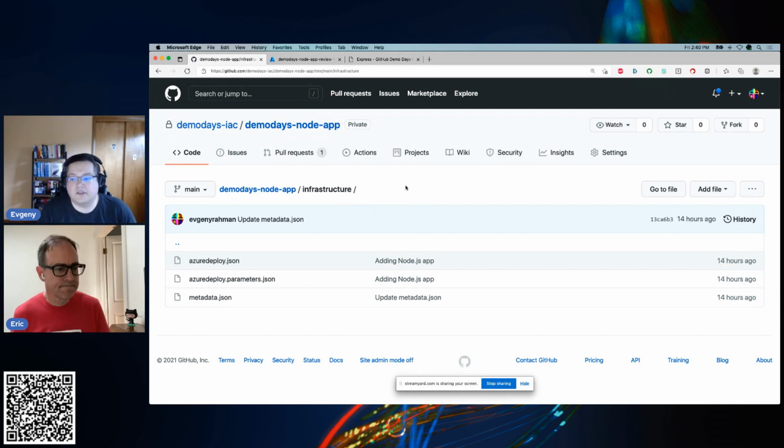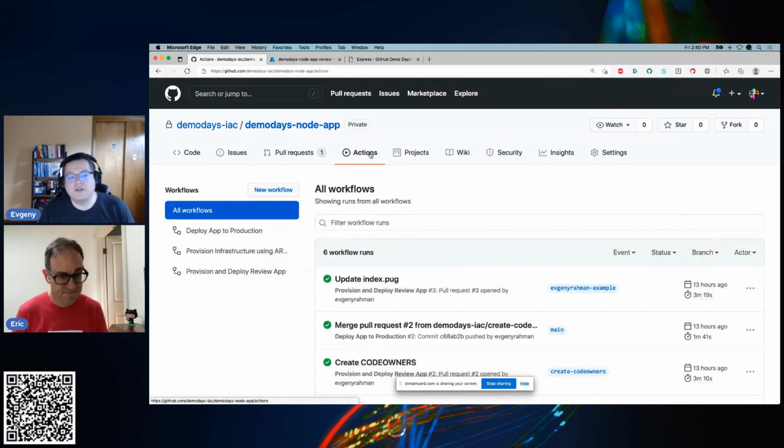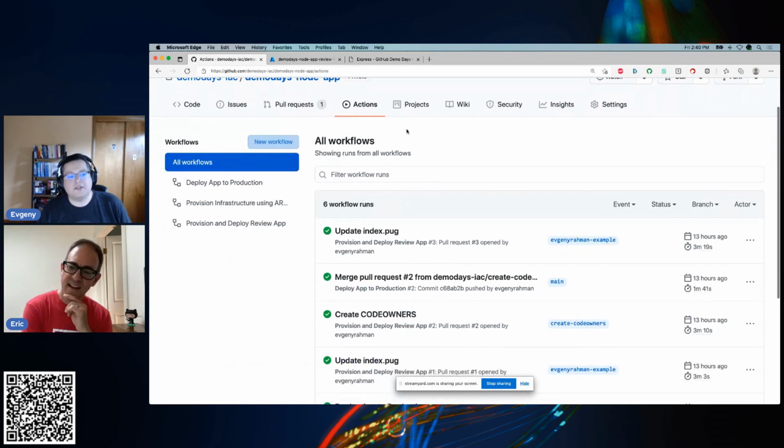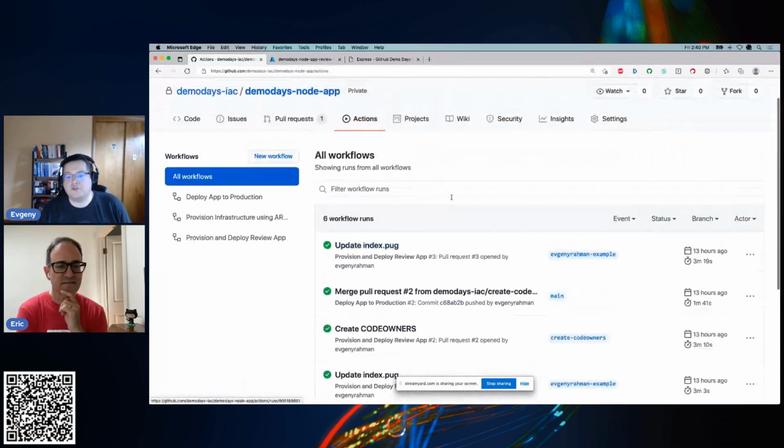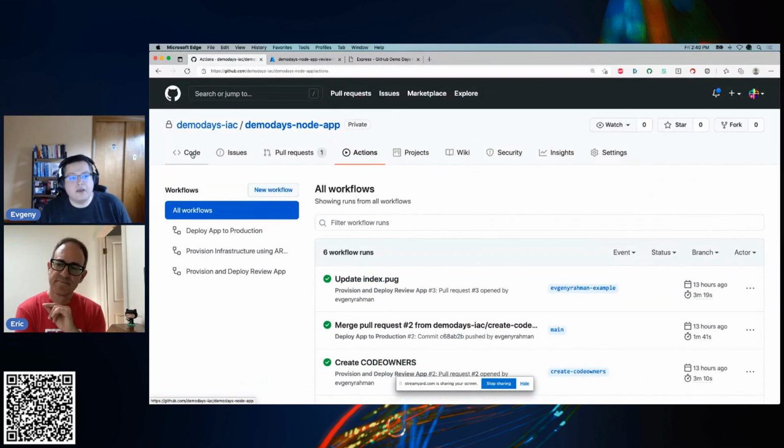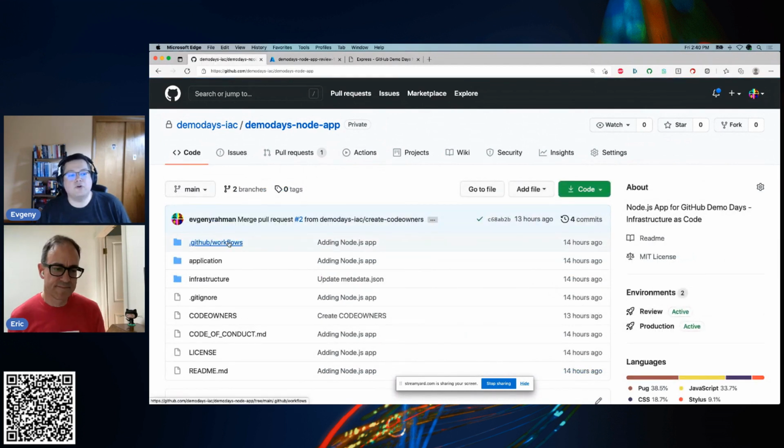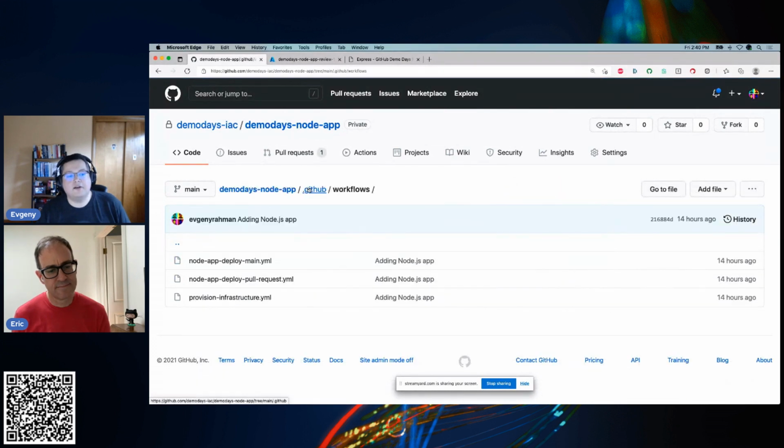So, you know, the trust is built on speed, and speed is enabled by automation, right? Which is a great segue, I think, to looking at our automation engine, which in this case is GitHub Actions. And GitHub Actions consists of workflows. And we're going to go through a couple of these just to show you how they're different and how they're the same. If you've never seen GitHub Actions before, in a repo like this, GitHub Actions live in this .github workflows path, right? So there's a .github folder, and inside that there's a workflow folder. And in here, each of the workflows is represented by a different YAML file.